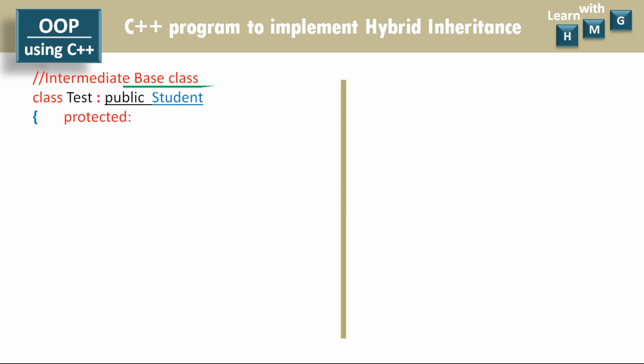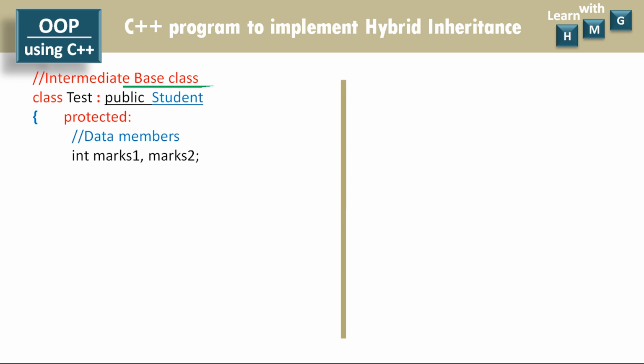Now let us have the declaration of data members. 2 data members are there, marks 1 and marks 2, both are integer type, and I have declared these data members in protected mode. So instead of private mode I use protected mode because these 2 data members, marks 1 and marks 2, I am going to use in next class, that is the derived class of test class, that is in result class. So in result class I am going to use them to find the total marks, and that's why here it is necessary to declare these data members marks 1 and marks 2 as protected instead of private.